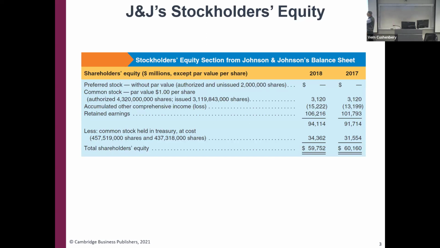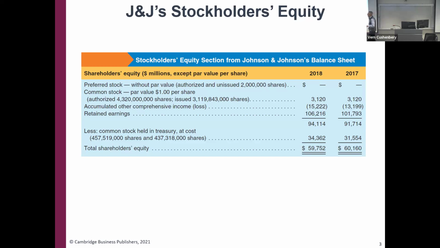We have preferred stock on J&J's balance sheet here, quoted without par value. Anybody know what par value is? Probably what it's truly valued at, not market value, like what it's selling for. So par value, market value would be what it's selling for, and you're 100% right on that. And you might think of that as the economic value, or if you sold it, the cash you'd put in your pocket.